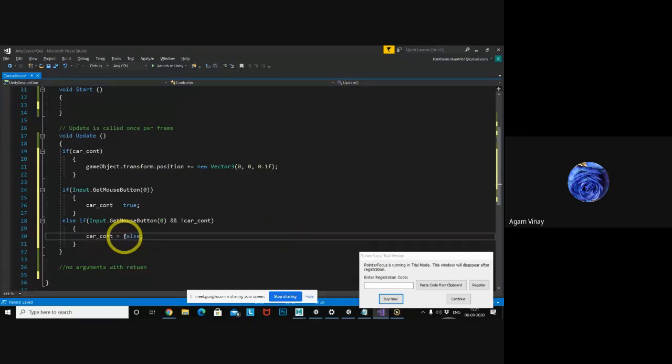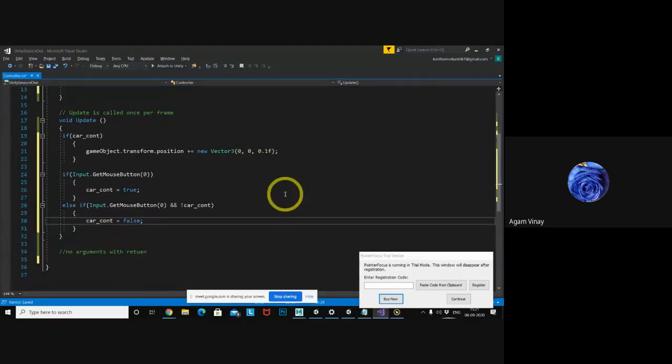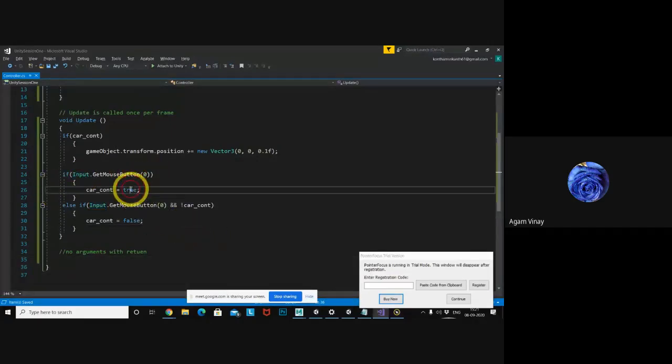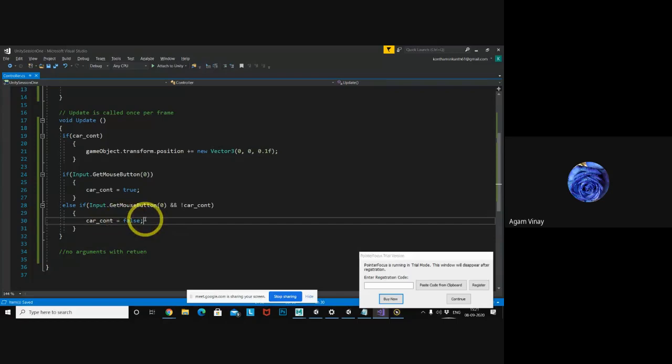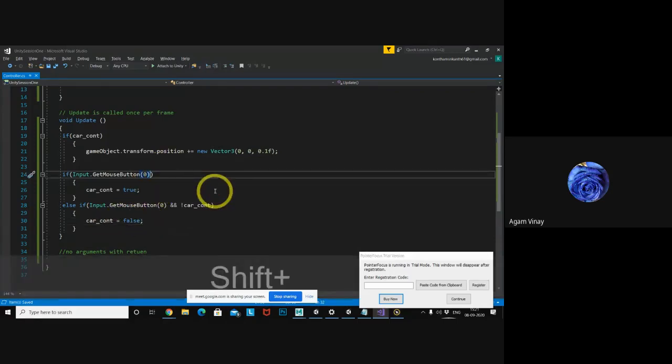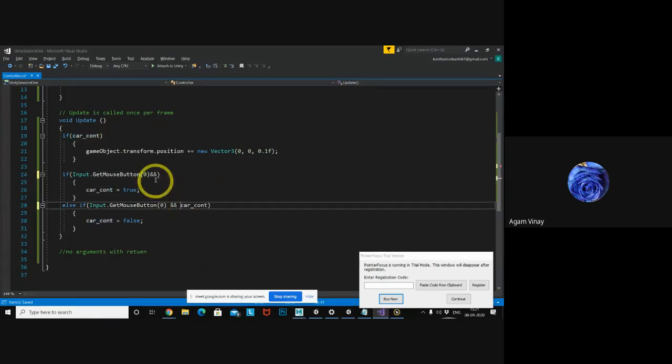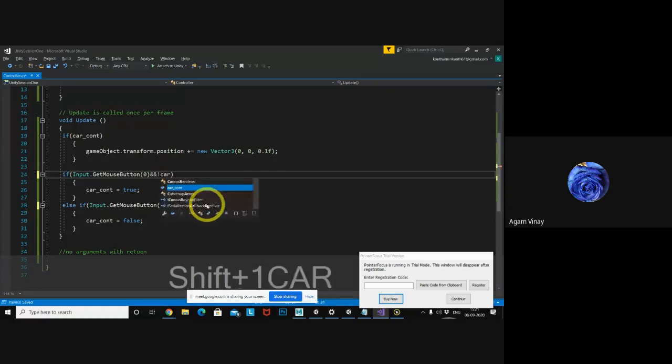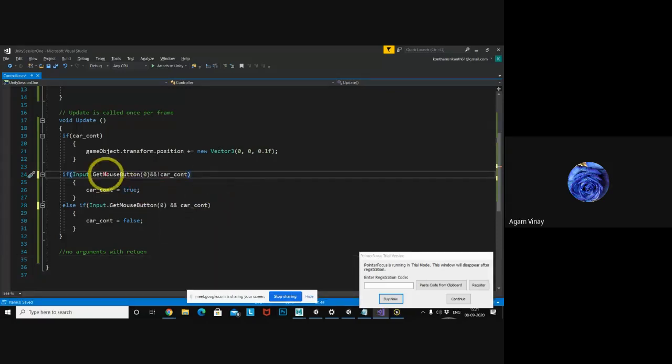So this will be false. Okay, first I am clicking with the first click, it will become true. Okay, for the second time I am doing it with false. So here one more thing I want to check is if car control is not true, then only I want to make it true. Okay, simple.